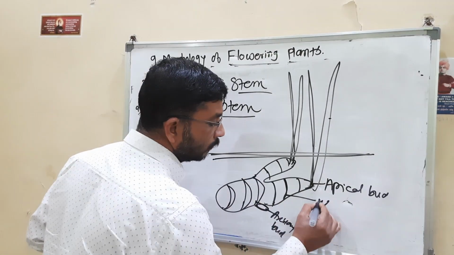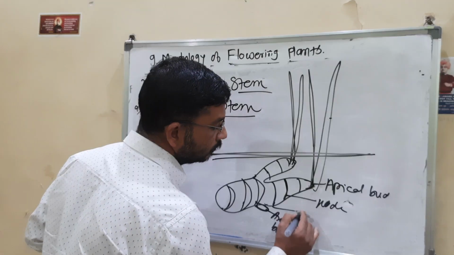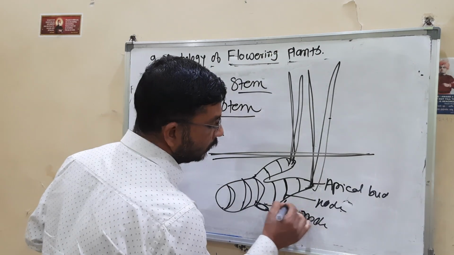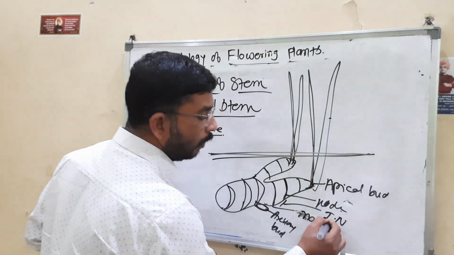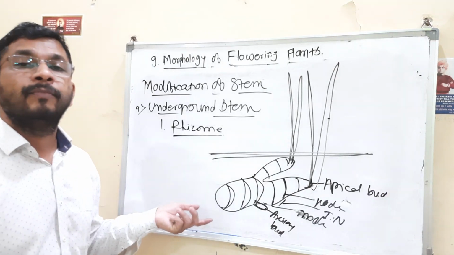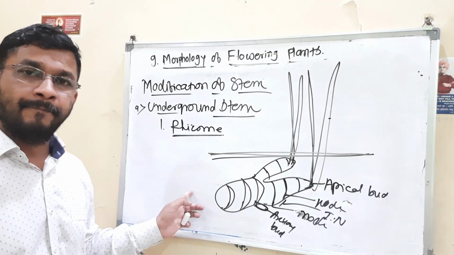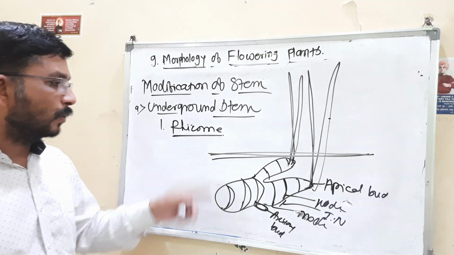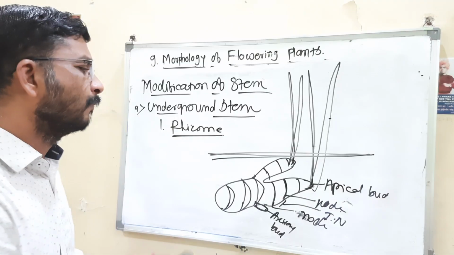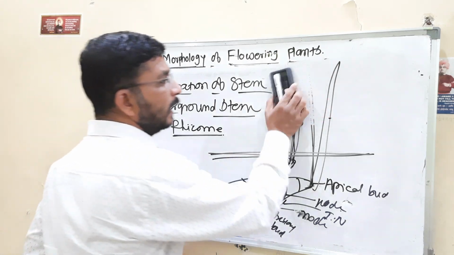This is a node, and the distance between two successive nodes is called an internode. All these structures are present on the rhizome. That's why we call it an underground stem. And this rhizome, in unfavorable condition, when they don't get water and mineral nutrition at that time,